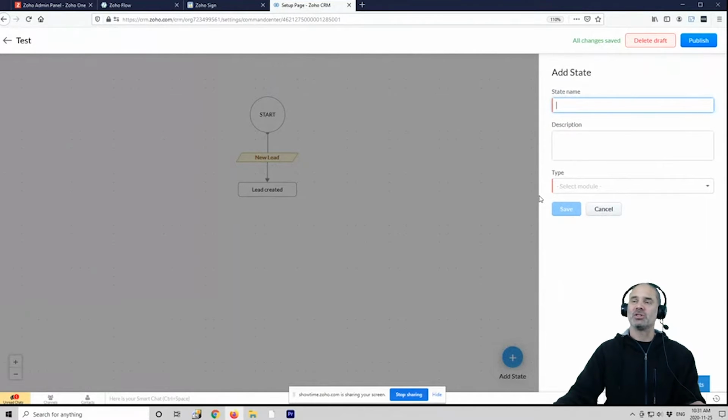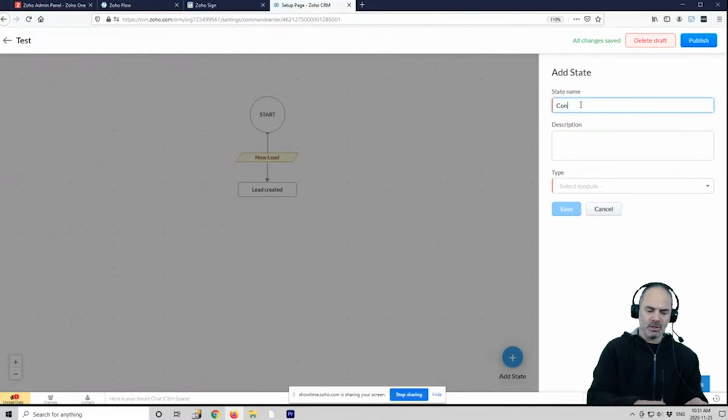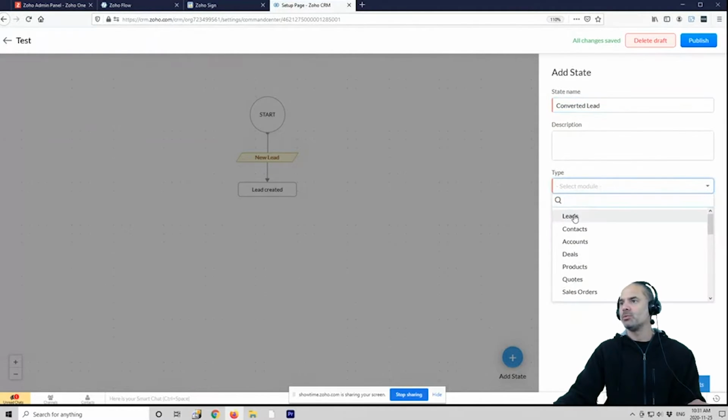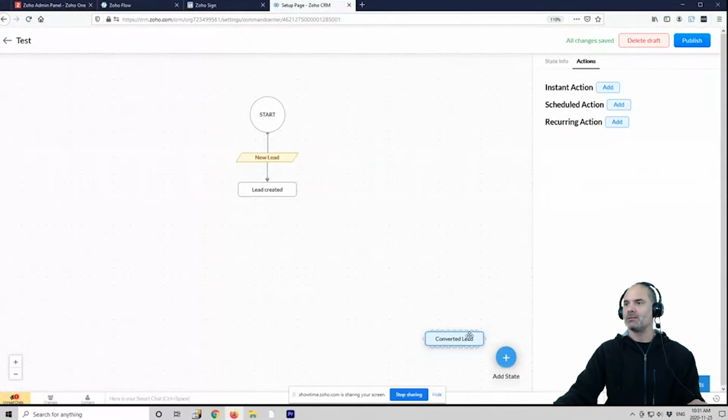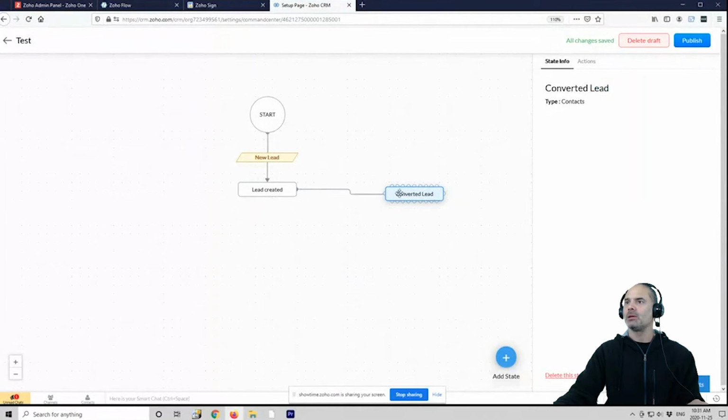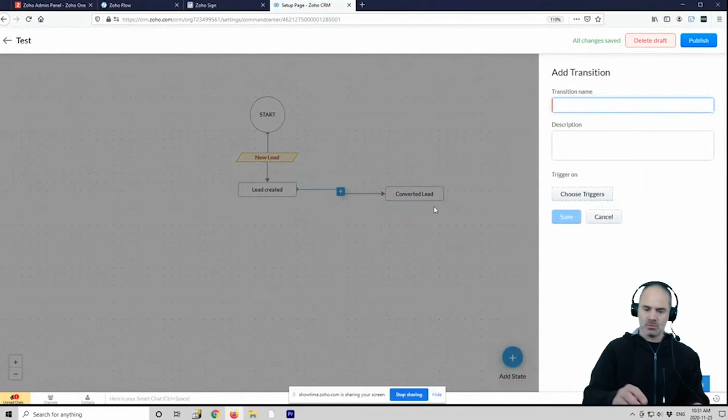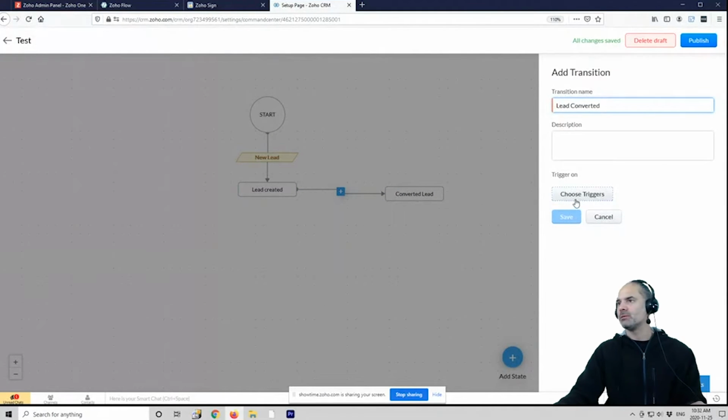It's a conversion, not a creation. So here it will be converted lead. It will go to the contacts, because when you convert a lead, you get a contact. Right. So it has to happen before that next state. Exactly. So let's pull it here, and let's call it lead converted.